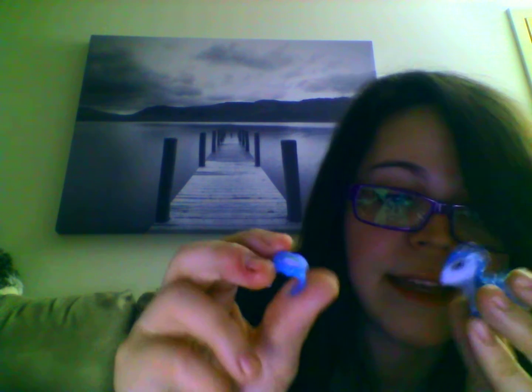Now, she actually came with a ring, and I think this is supposed to be her cutie mark. So it's a sun peeking out from the rain cloud there. And from the promotional paper that came with this pony, we can see that now they want you to put the ring on her back, or you can wear it too. It's a bit too small for me, so I can kind of fit it on my finger, but these are actually